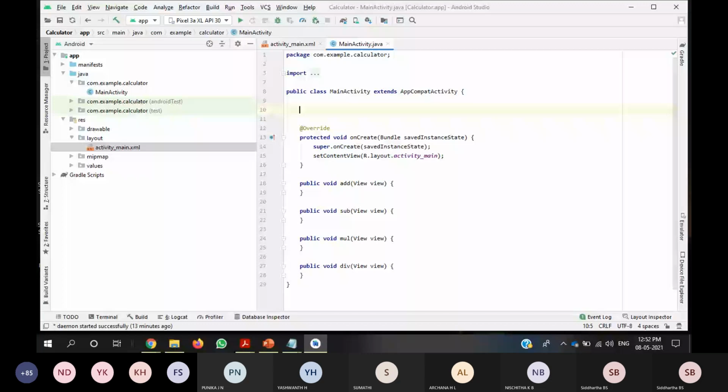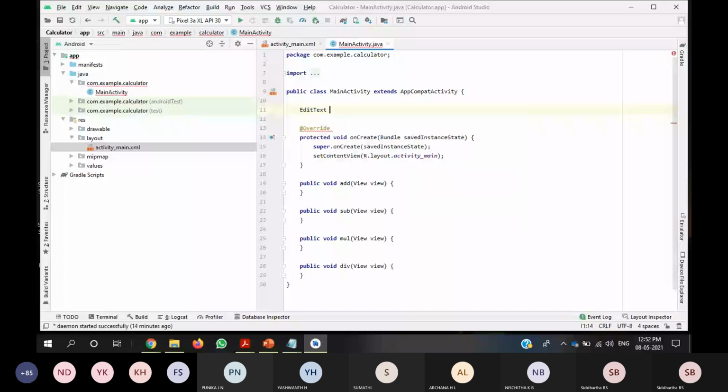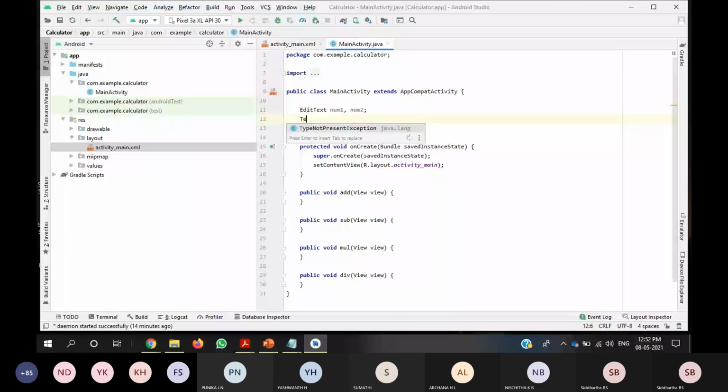How many plain texts have we taken? Plain text means EditText. How many EditText? 2 EditText: num1 and num2. Next, I have taken one TextView, result.